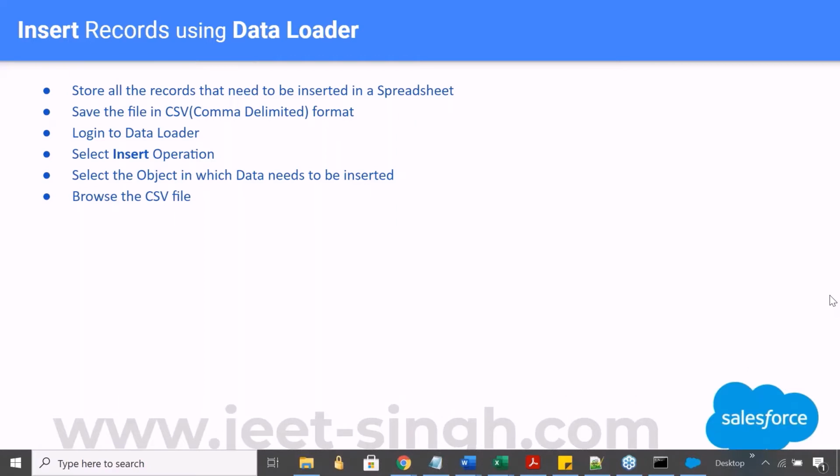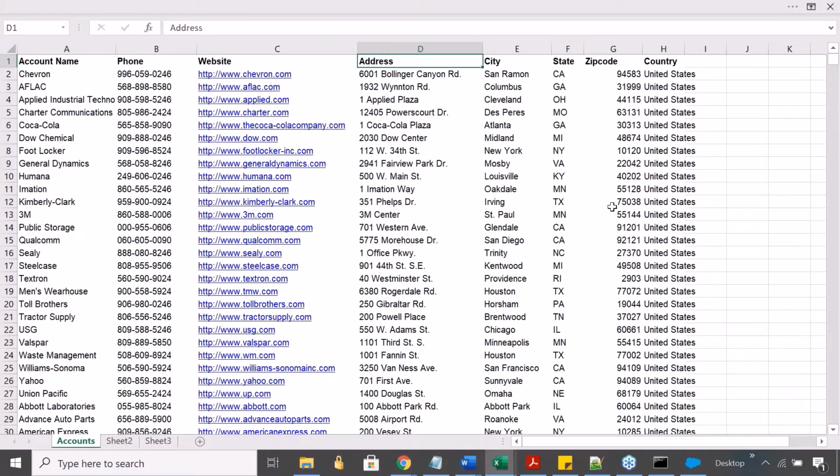Give me a moment. Let me get the file that we are going to use. Okay, so this is the file which I am going to use.